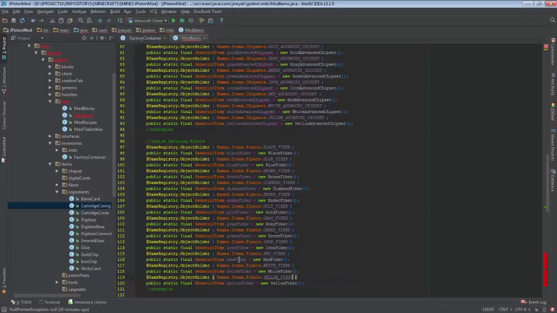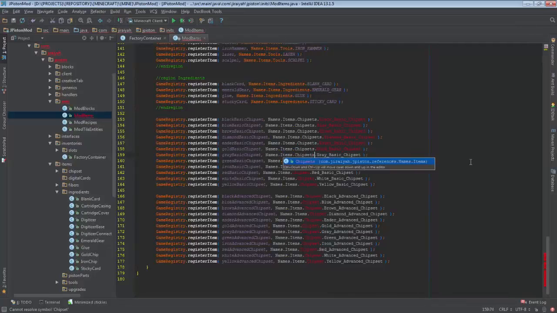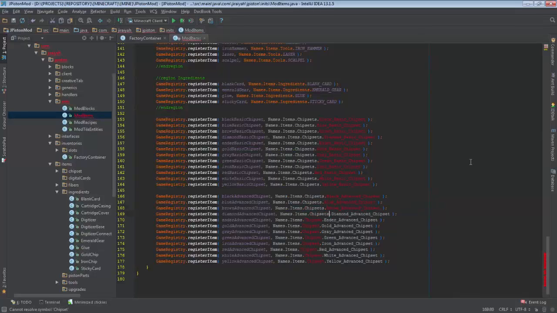Okay, so we registered all of them. Chipsets: these are the names for items. And these are